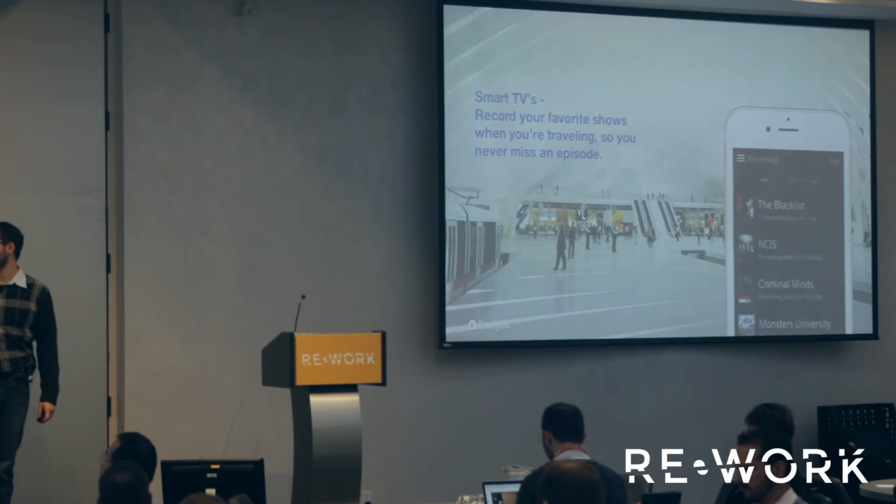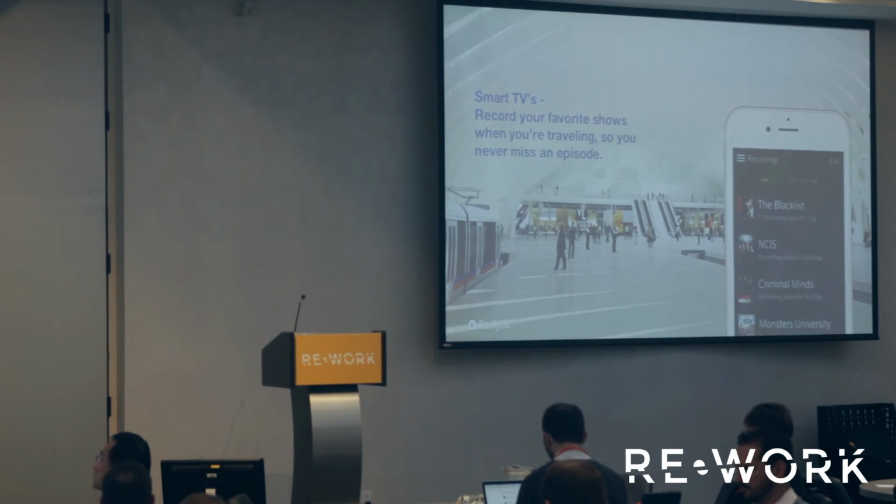So smart TV apps, or smart TVs themselves, right? They basically try and give you the right content that you enjoy at the right time. But if you're gone and on vacation, you're going to miss something, we can parse out the travel details, let the smart TV know that you're away, and then it could record that show for you or send you a notification and something like this.